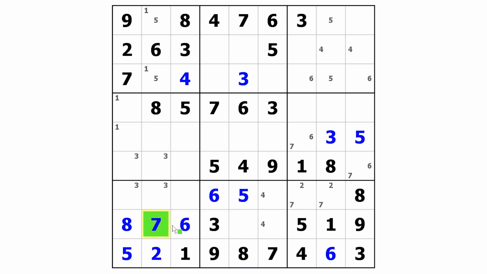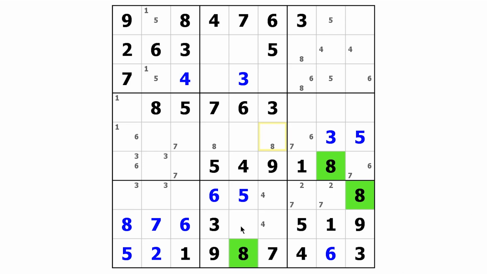And now because we've just entered this 7 and this 6, we can put some conjugate pairs here in block 4. Because of these 2 7s, one of these cells must be a 7. And because of these 2 6s and this 6 over here, one of these cells must be a 6. So we can put both of those conjugate pairs in there. All right, so let's go back to the 8s. Because of these 2 8s, we can put a conjugate pair of 8s into these 2 cells. And because of this 8 all by itself blocking column 5, we can put a conjugate pair of 8s into those 2 cells. And there's nothing we can do with 8 in block 2,